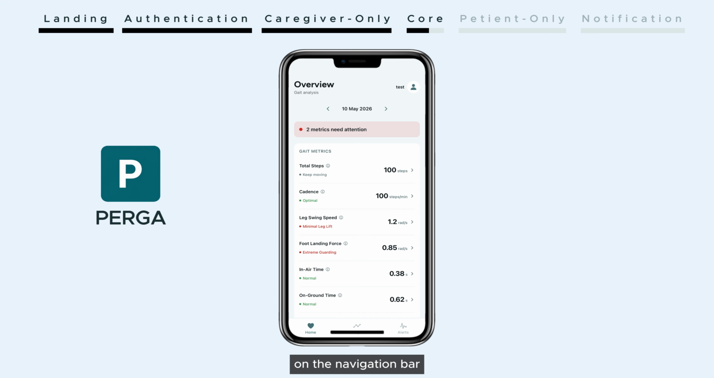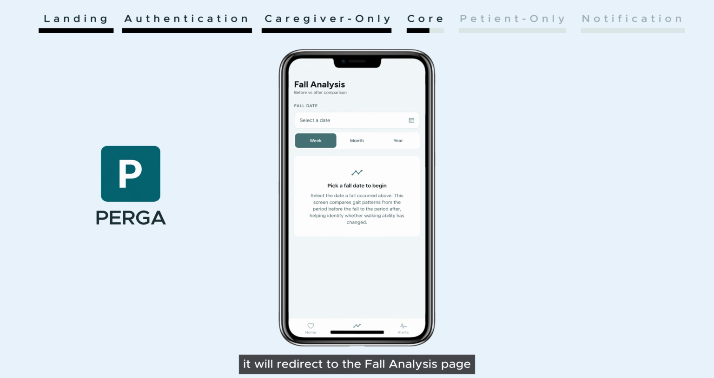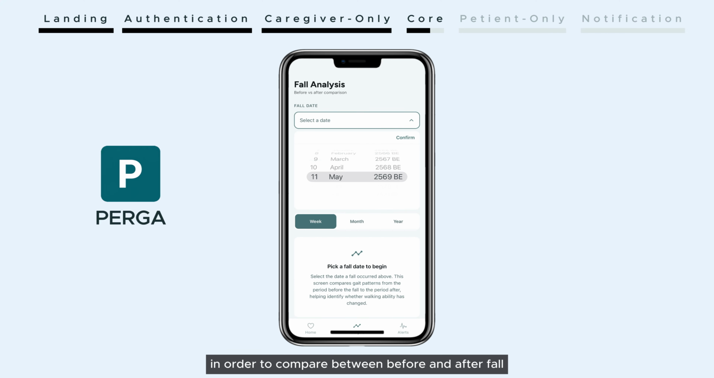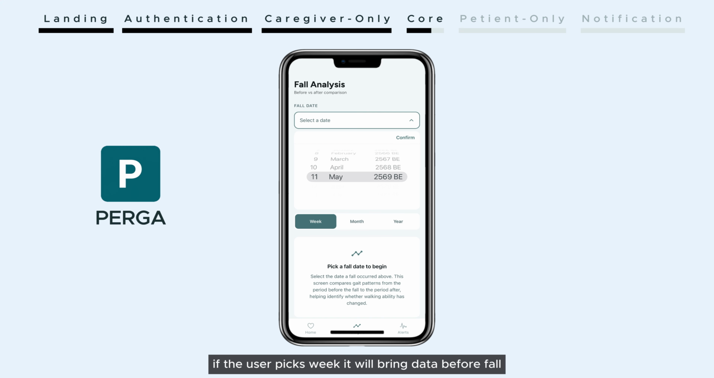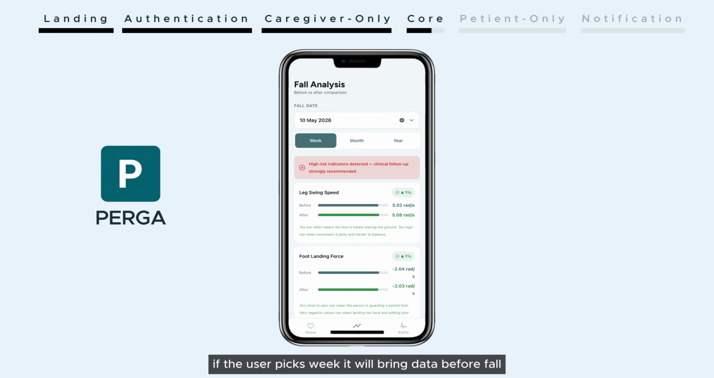On the navigation bar, if the user presses the Analysis button, it will redirect to the Fall Analysis page, where users select the date the fall occurred in order to compare before and after the fall by picking the duration the user wants. For example, if the user picks week, it will bring data from 7 days before the fall and 7 days after the fall